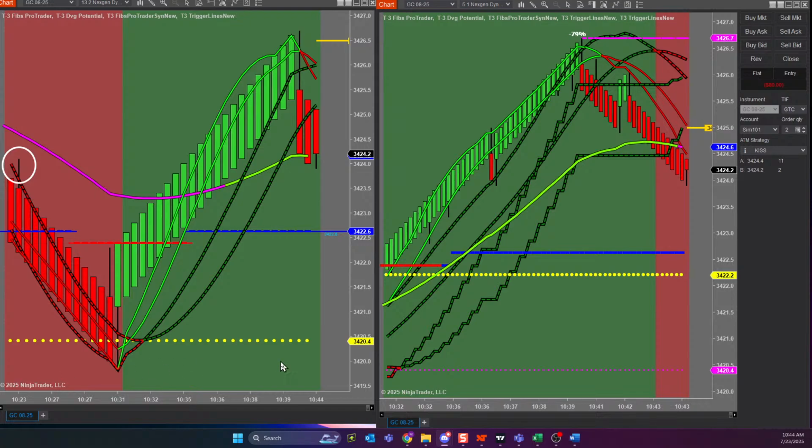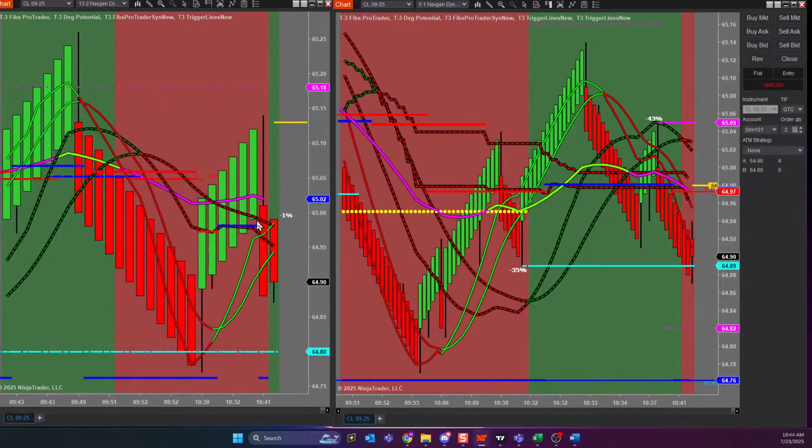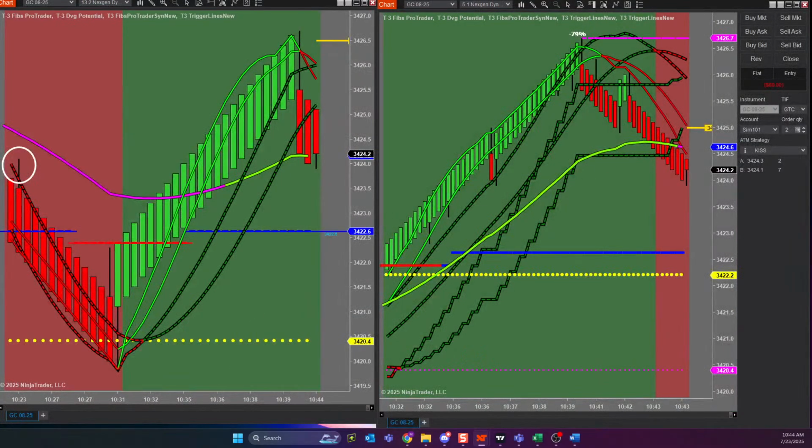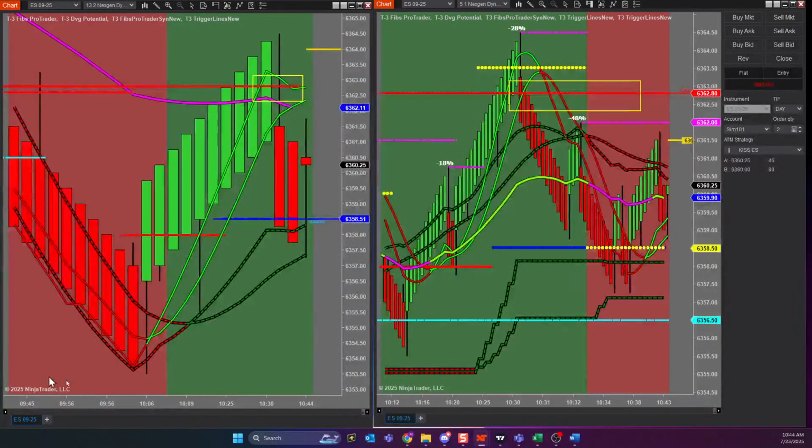There's a reason when I teach, guys, I teach on crude oil because crude oil moves smooth, predictable. I teach on the S&P because the S&P moves smooth, predictable. Gold likes to overrun stuff. And it's tempting to go trade a market that doesn't like to follow rules because you're bored. That's up to you. That's on you. But that's a great example of why the only reason I'd ever open a gold chart is because you guys want to see a gold chart.